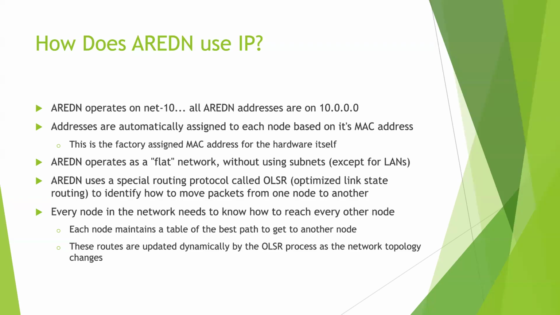Because if a node goes away and I'm over here saying, well, I know that node is there and that's going to be the best way to get over there, I'm going to send it to this guy. And this guy says, well, geez, I don't have a connection to that node anymore. But for me now, the best way to get it to that guy is to go this way, and it'll get around to that guy, right? So the network is self-healing in that fashion.